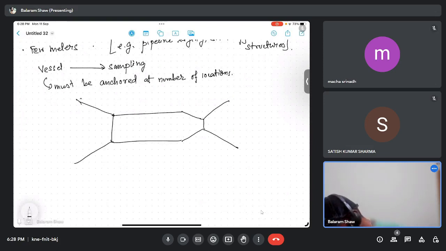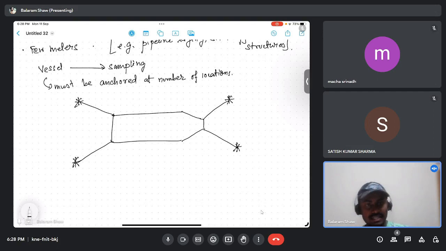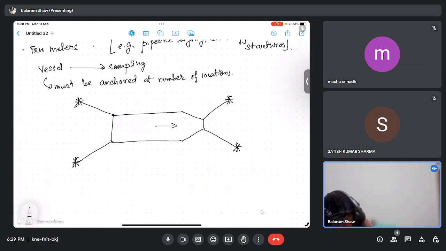Okay, it should be anchored on all the sides, so that there should not be any possible fluctuations in the horizontal direction. And again it should be anchored with the seabed or some kind of structures also, so that there are minimal vertical fluctuations. That kind of arrangement we have to make. There should not be any sideways fluctuations, or any vertical ones. So okay, I'll write it here: